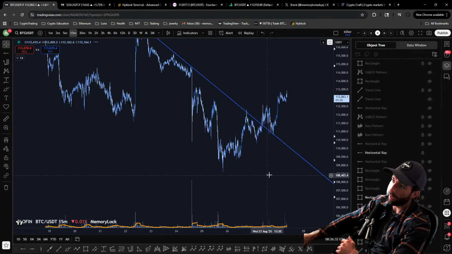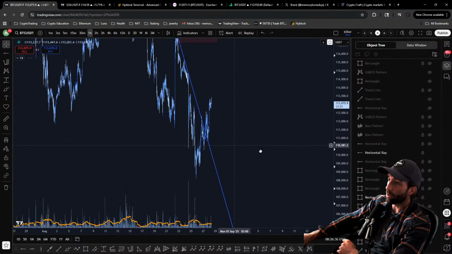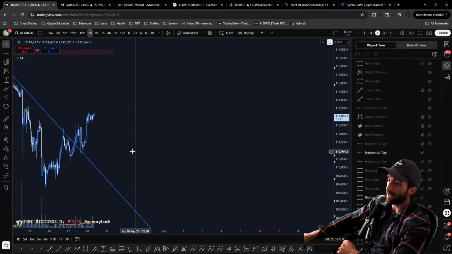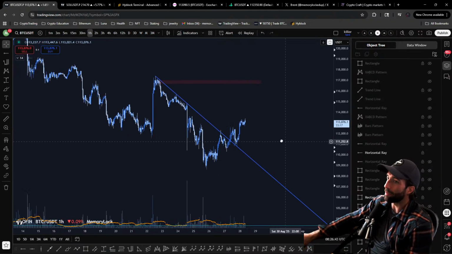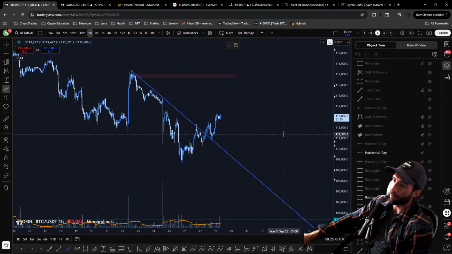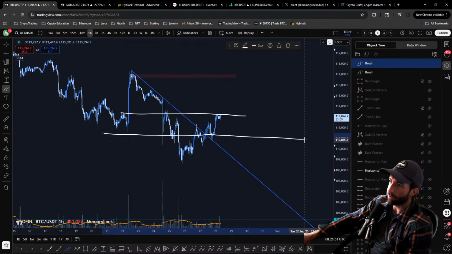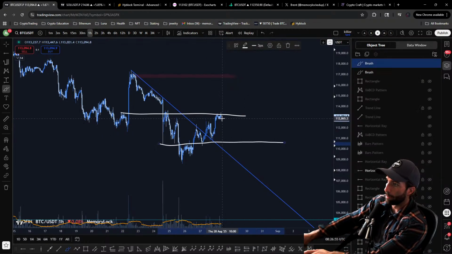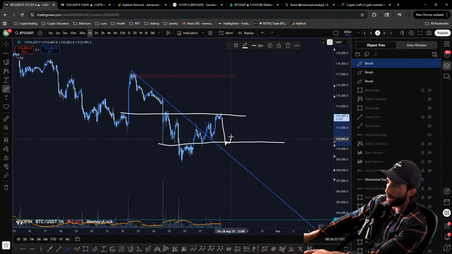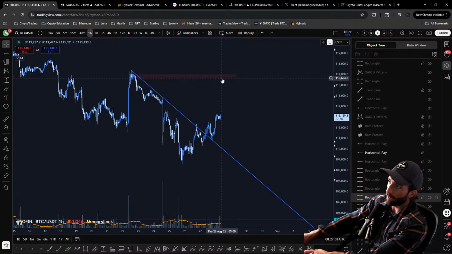For me personally, I wouldn't expect this to stop, and I would be surprised if it were to backtest again or come down again. I've seen things like that happen, but at that point, I wouldn't even call it a bump and run pattern anymore. At that point, it just turns into essentially trading a range. If this were to come back down, I wouldn't even think the range low would be there. It would probably be like right here. If this were to come back down and quote unquote back test again, I wouldn't think of it that way. And a really good example of that is